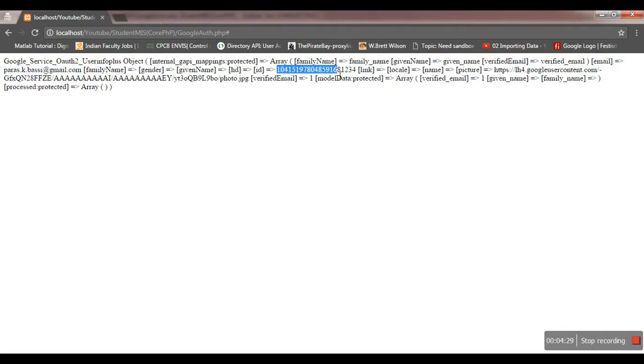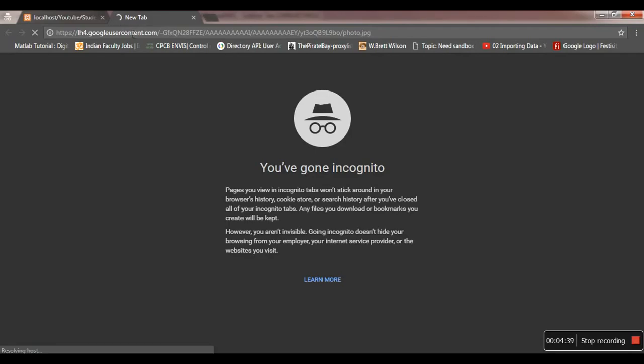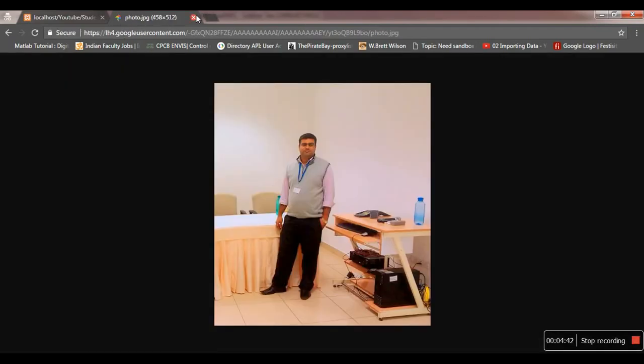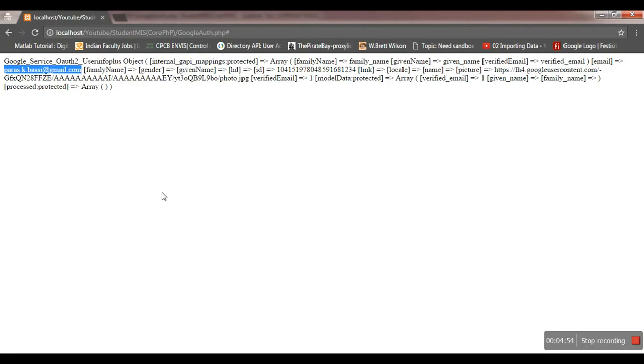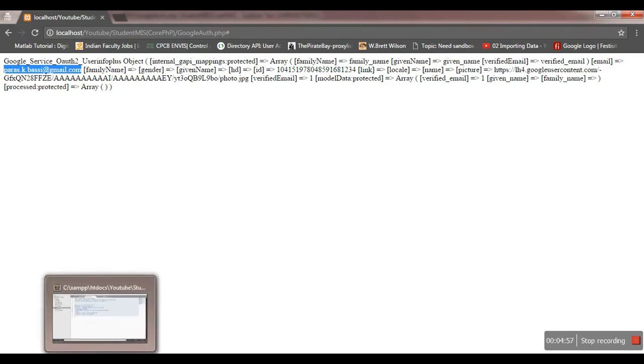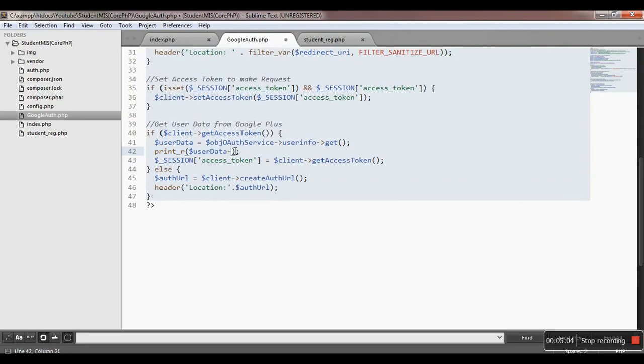Also it is giving my Google ID and my picture. If you go to this picture link, you will have your profile picture, whatever you have added over here. So you can use it for setting it on the user profiles and all. Now my point of interest over here is the email key. We need this email ID that the user has sent to authenticate whether the user is a proper, authenticated user or not. So first of all, let us see how we can print it.